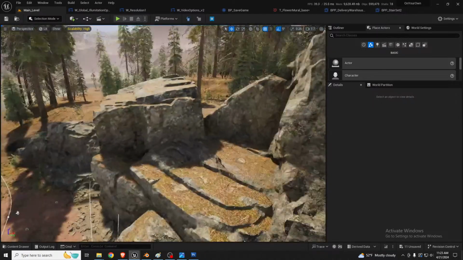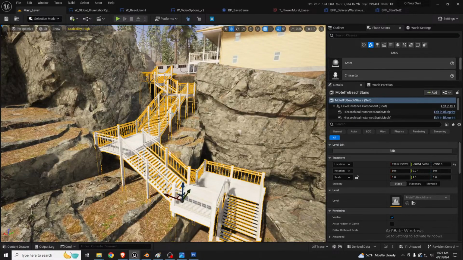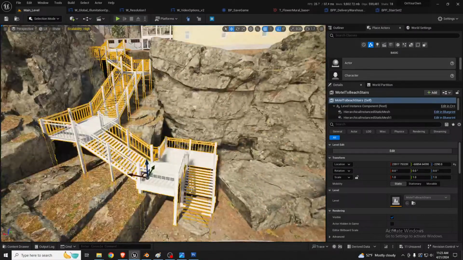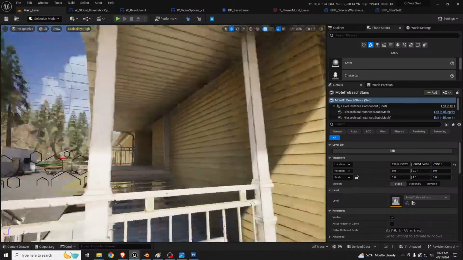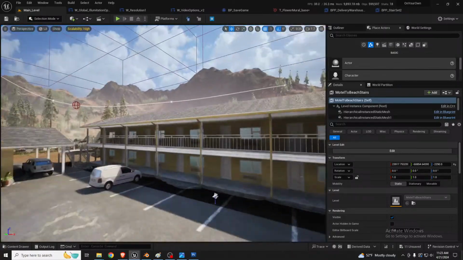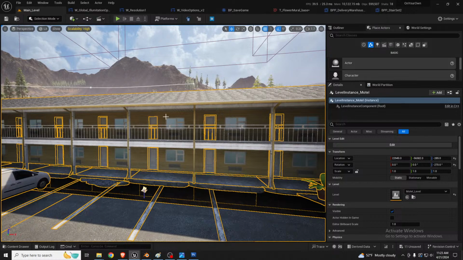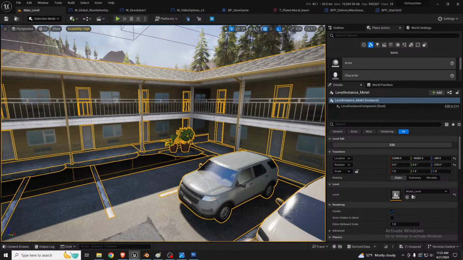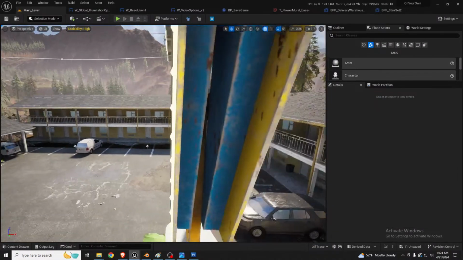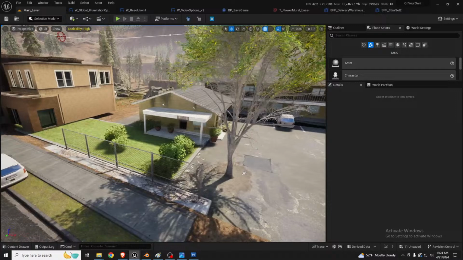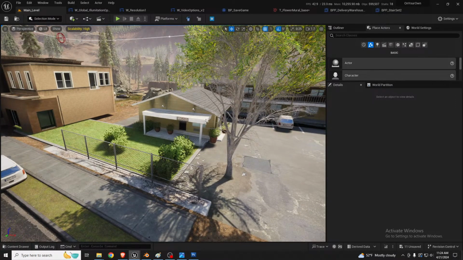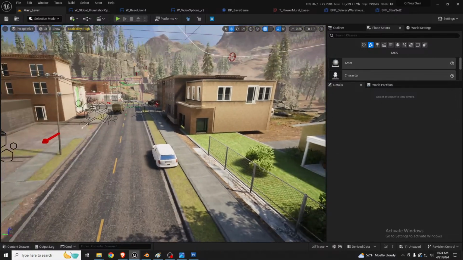Another example would be these stairs going down to the beach area. This is also made into a pack level actor. This building, again, has a lot of repetitive meshes that I've turned into a pack level actor. So that in my case helped a lot with draw calls. So wherever you have repetitive meshes, you can select them all, right click, and create a pack level actor. So that helps a lot. Another thing